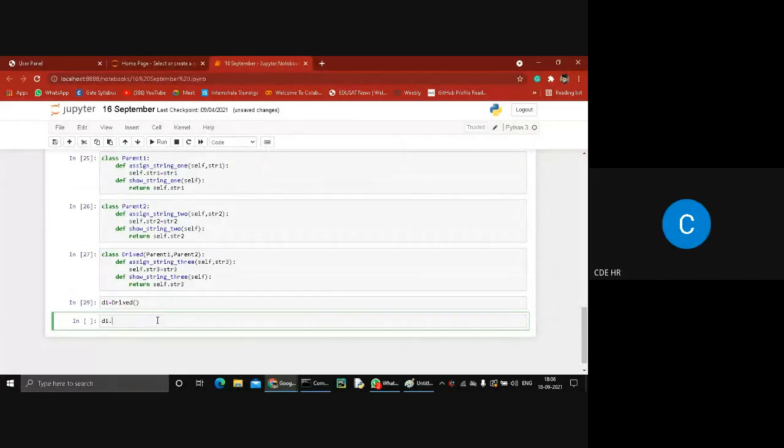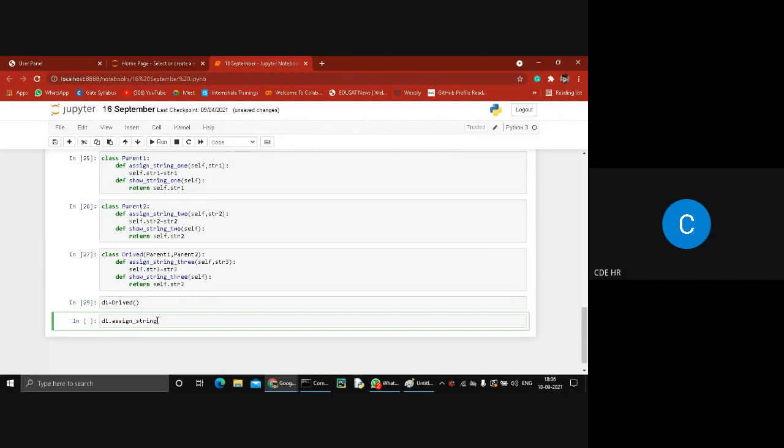Firstly I assign the value of a parent class, so we write assign string 1.